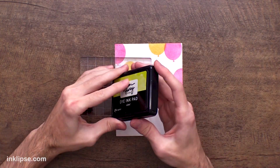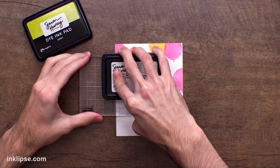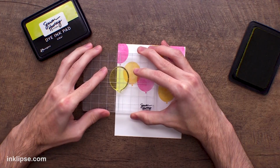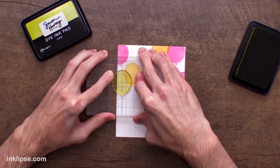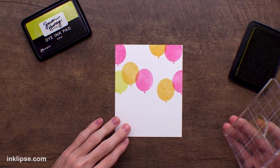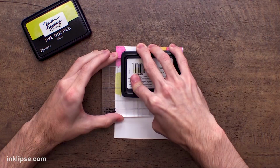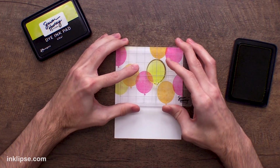All right, next we're going in with a little bit of Psych. I love this color. It's one of my favorites from my line. It's a really nice yellowish lime green color. And I'm just going to, again, overlap things so that they create beautiful new colors in between. So I'll overlap that green and orange together. And then again, keep inking it up and then stamping all over the background until we think it looks pretty